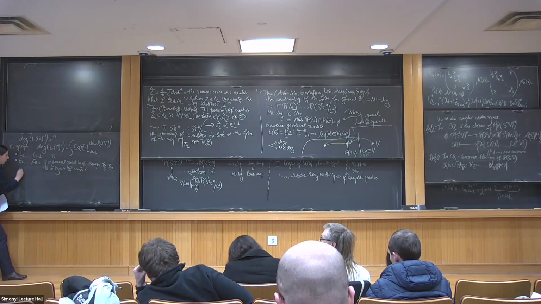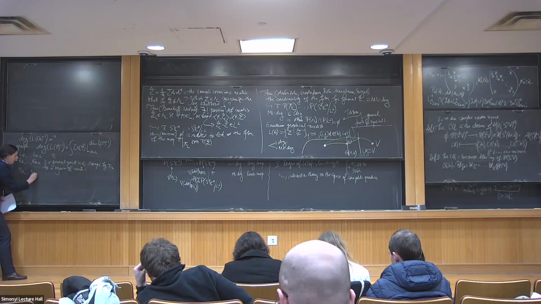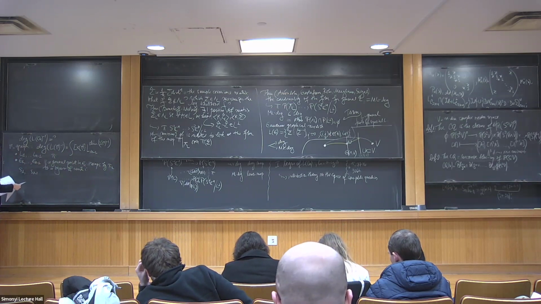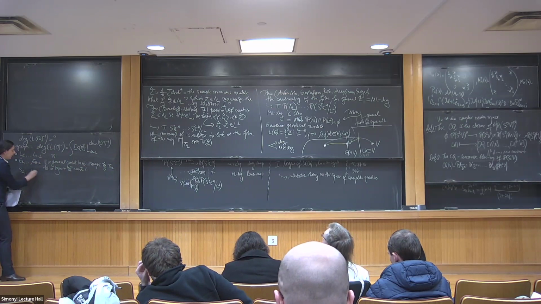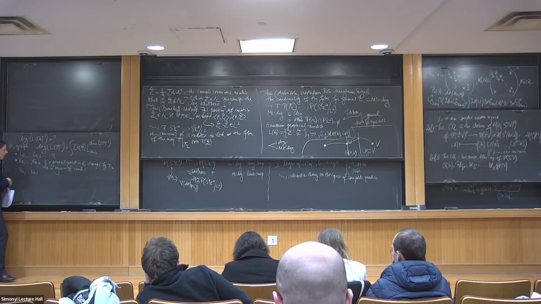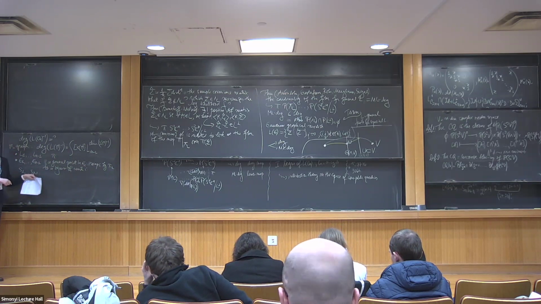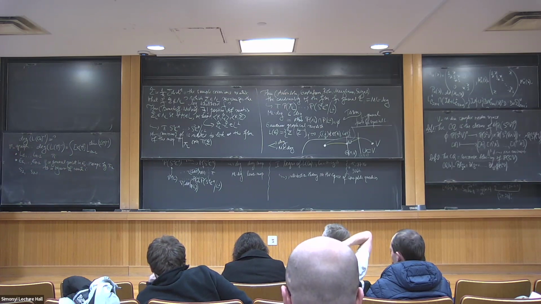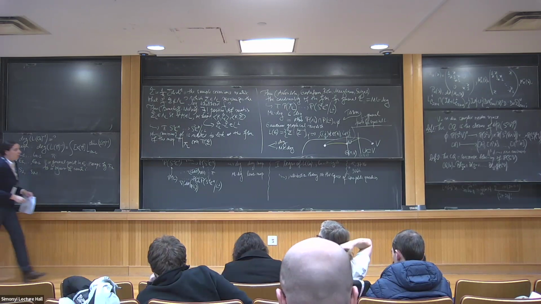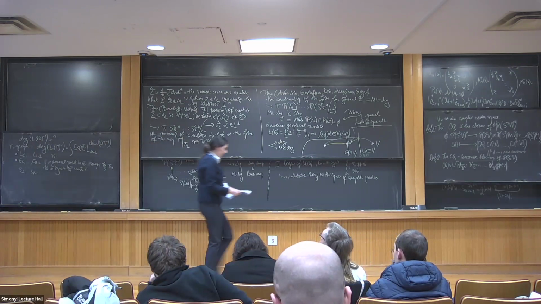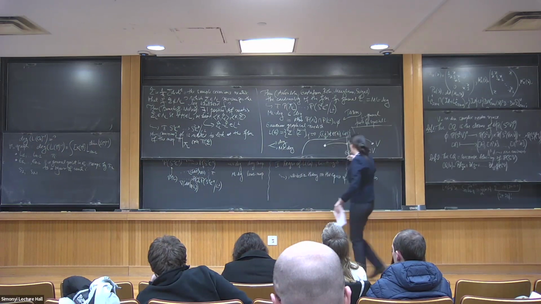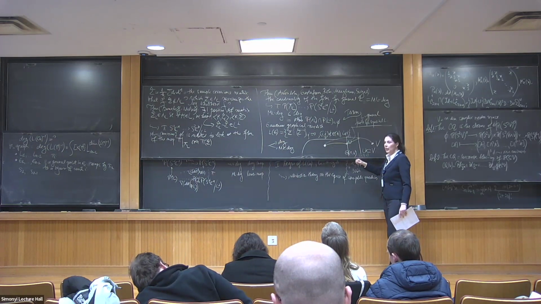Let me denote by S_1 up to S_{n-1} the classes of the E_1 up to E_{n-1} in the Chow ring of the complete quadrics variety. And in particular, if you want to go back now to our beautiful picture,